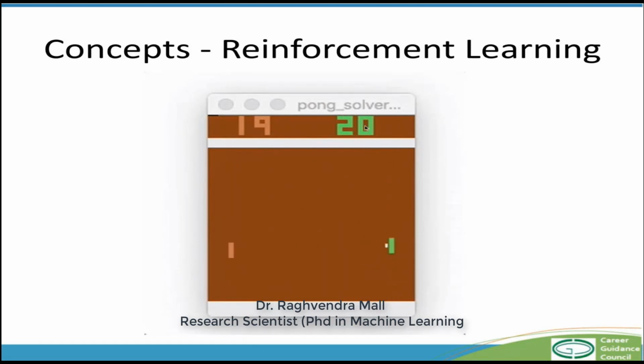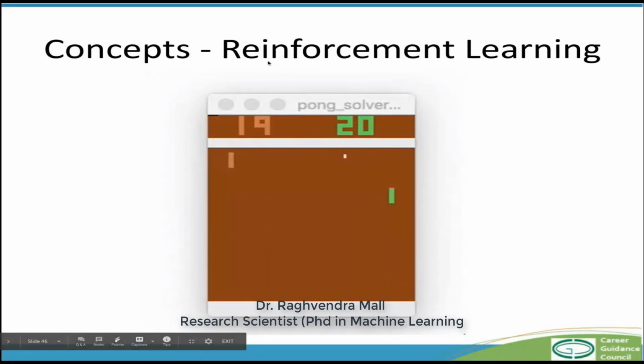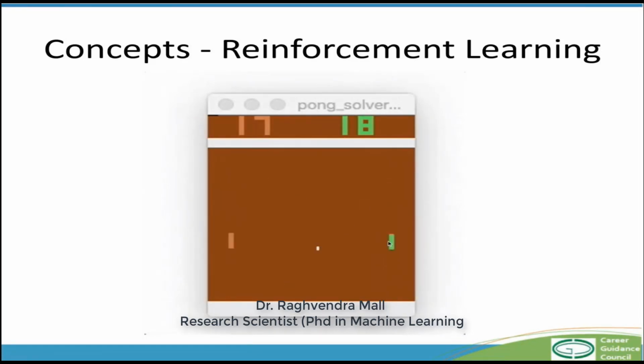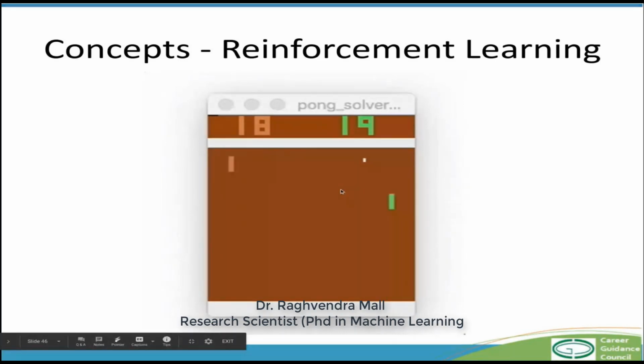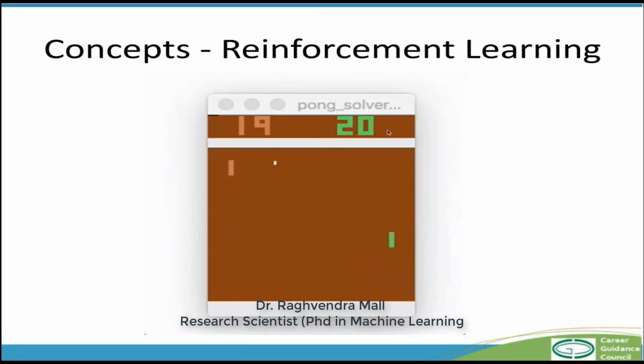So here each frame is your state. When you build this model, each frame is the state, and the action can be that the ball can go up or down. These are the actions that it can take and the directions that it can go in. And your reward is that every time you beat the computer and you make the ball fall from the side of the computer, you get a positive reward. This is learned through a deep reinforcement learning model. There is open source code available for this. You can see that you have models which can beat the computer very easily.